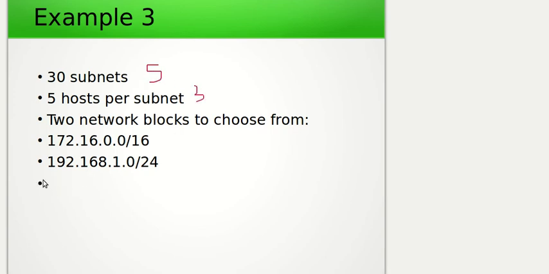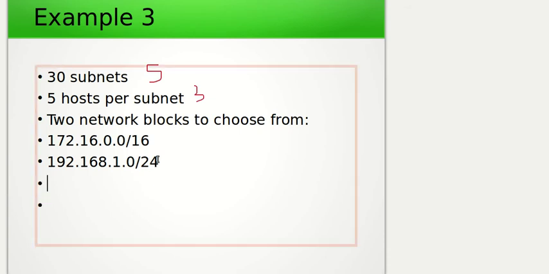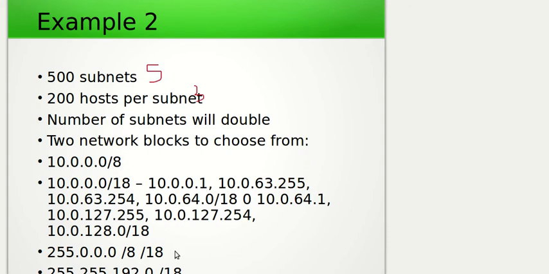Okay, so by default, we're going to be using this. The default class C subnet mask is 255.255.255.0. Now, instead of converting the whole subnet mask to decimal, we're only going to focus in on the last octet. So if I go back to the previous slide, with this,